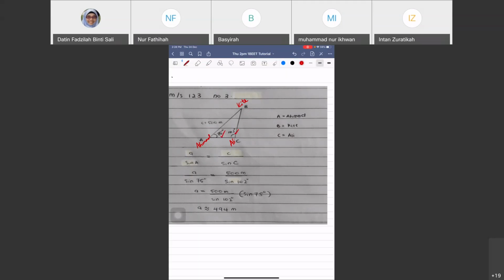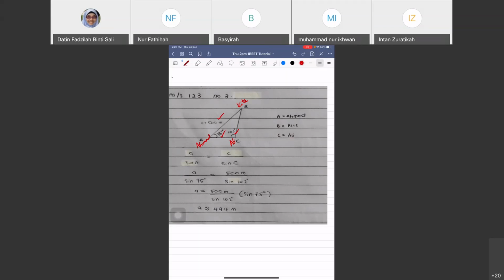And the 500 meters is the length from Ahmad to the kite. So once you label the diagram correctly,